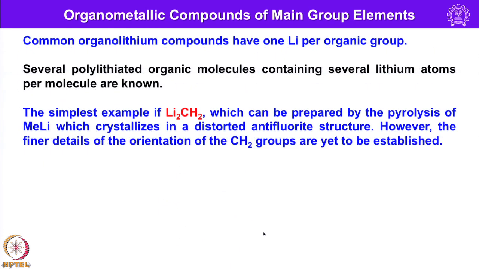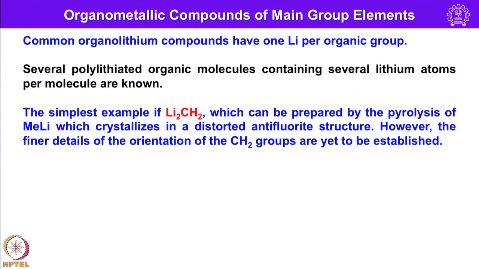So, common organolithium compounds normally have 1 lithium per organic group, like methyl lithium, phenyl lithium, n-butyl lithium, tertiary butyl lithium, secondary butyl lithium, like that, but several polylithiated organomolecules containing several lithium atoms per molecule are also known. The simplest example is Li2CH2, which can be prepared by the pyrolysis of methyl lithium, which crystallizes in a distorted antifluorite structure. However, the finer details of the orientation of CH2 groups are yet to be established because of its high reactivity